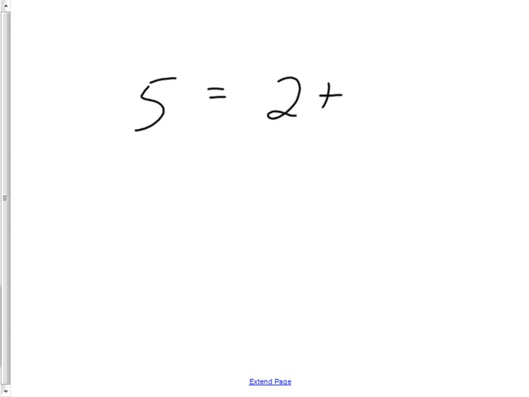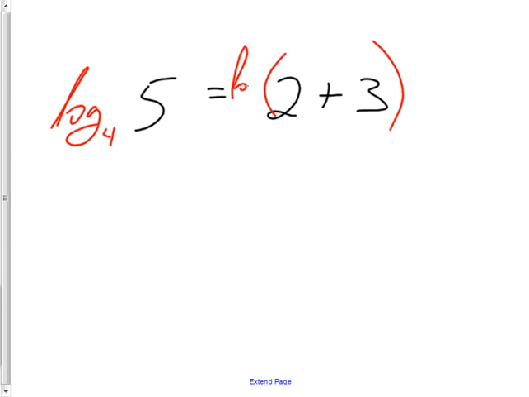Would you agree that 5 equals 2 plus 3? Okay. Did you know that I can take the log base anything, I'm going to say 4, of both sides of this, and it'll still be true? You can put a log on both sides. Can you believe that at least? Okay. Now,